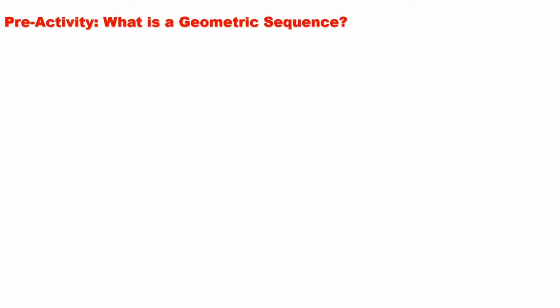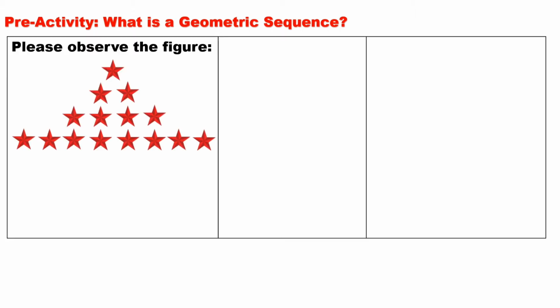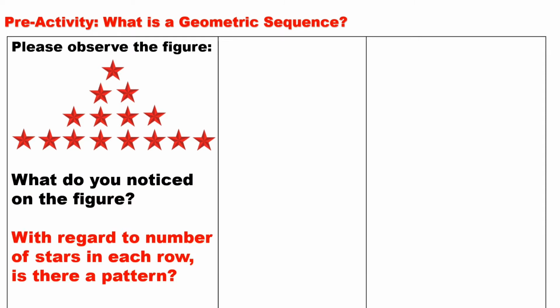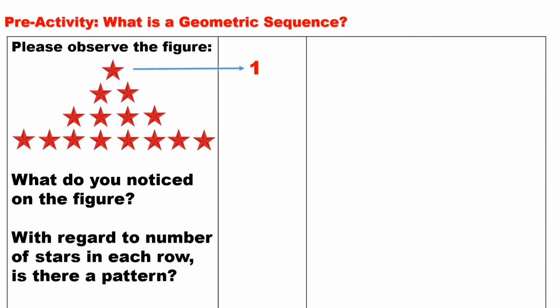For our pre-activity, let us explore what is a geometric sequence. Please observe the figure or the series of the stars. What do you notice on the figure? With regards to the number of stars for each row, did you recognize a pattern? On the first row, we have 1 star. On the second row, we have 2 stars, 4 stars on the third row, and 8 stars on the fourth